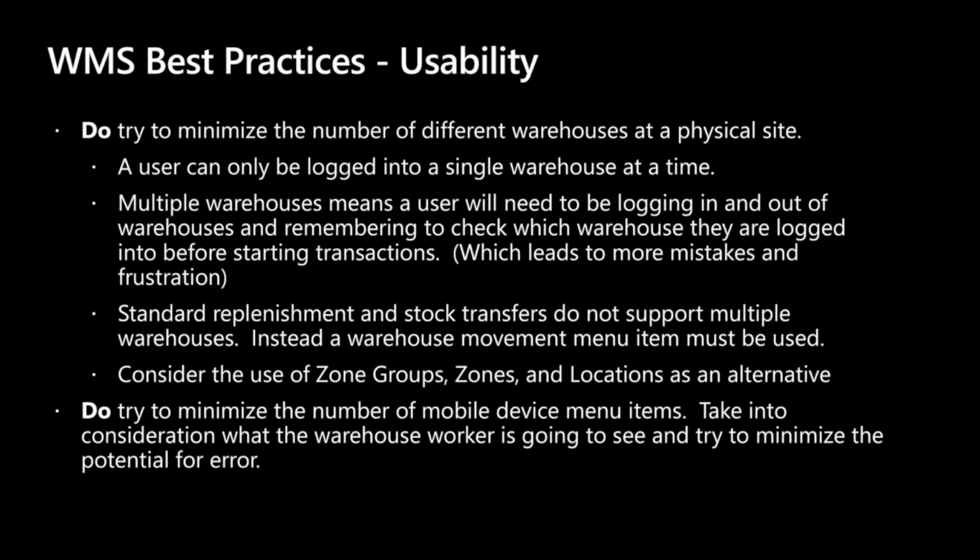It's not uncommon for us to see customers that have 7, 8, 9 different warehouses for a physical location or a physical site. Pretty soon you have quality control warehouses, raw material warehouses, production warehouses, finished goods warehouses, bulk